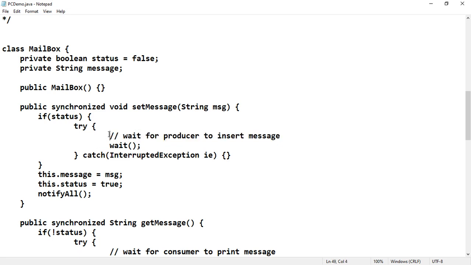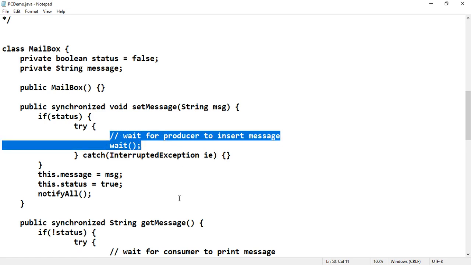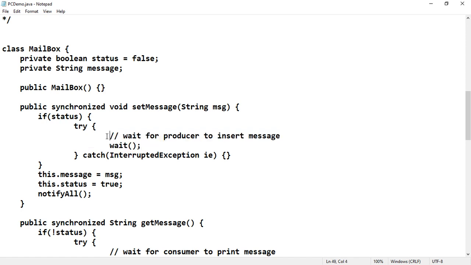You are asking the producer to wait for some time, and all the threads waiting on this are being told to please wait. Then this.message = msg. Once the message is set, the status should be true.